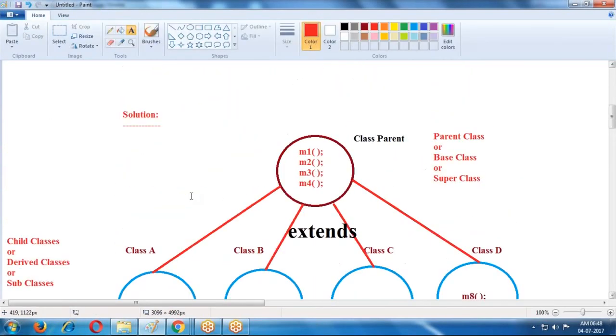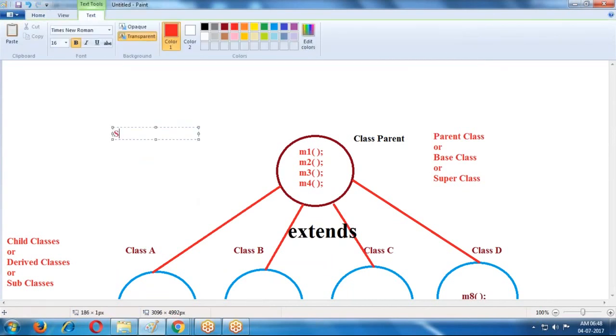That is nothing but the reusability concept. Inheritance is the solution. We can remove this type of problem by using the inheritance concept.